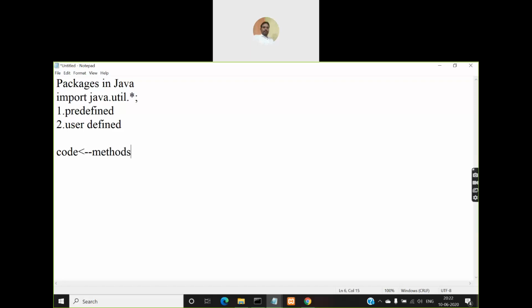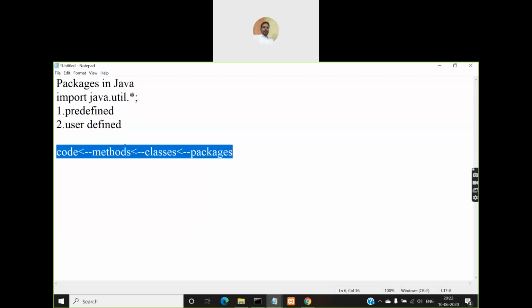That means we write code inside methods. And methods in turn are contained inside classes. And classes in turn are contained inside packages. In Java programming, programs are written by following this hierarchy.